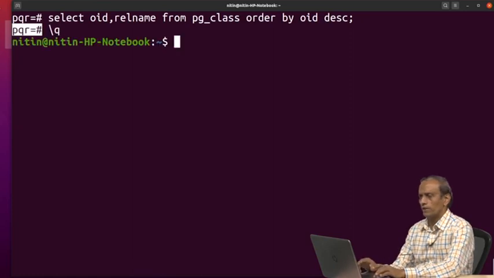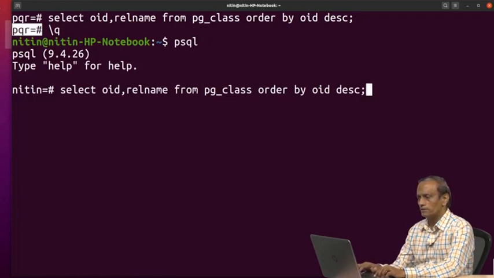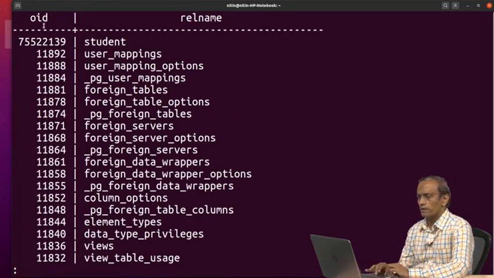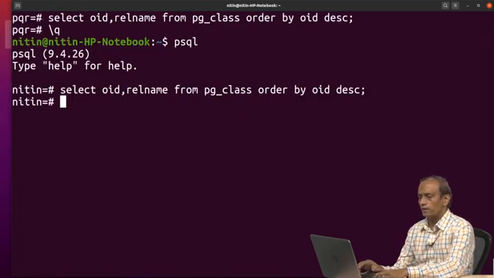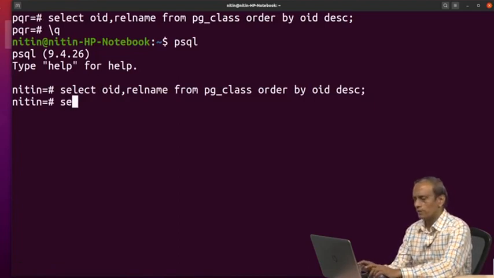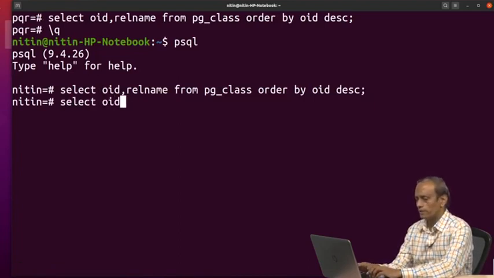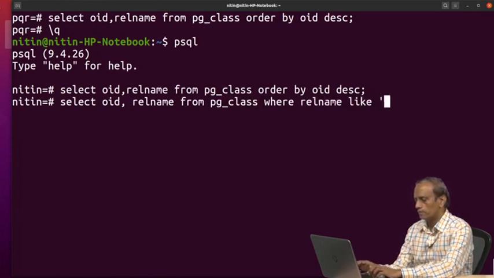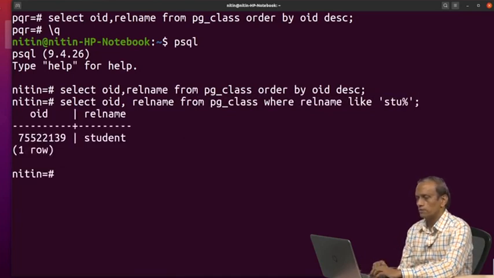The same case, if I try with my earlier database and fire this, it is 2139, and earlier it was different. For example, if I write select OID, relname from PG class where relname like stu percent, fine.